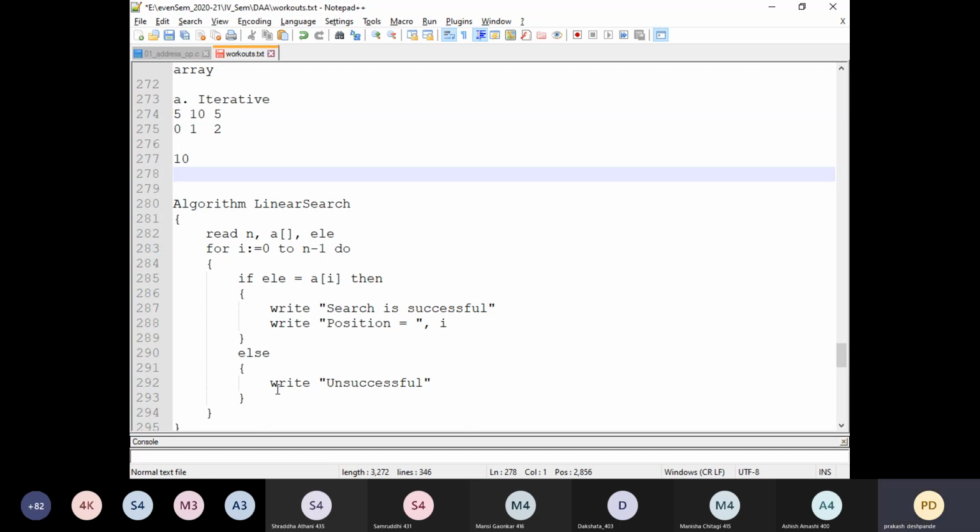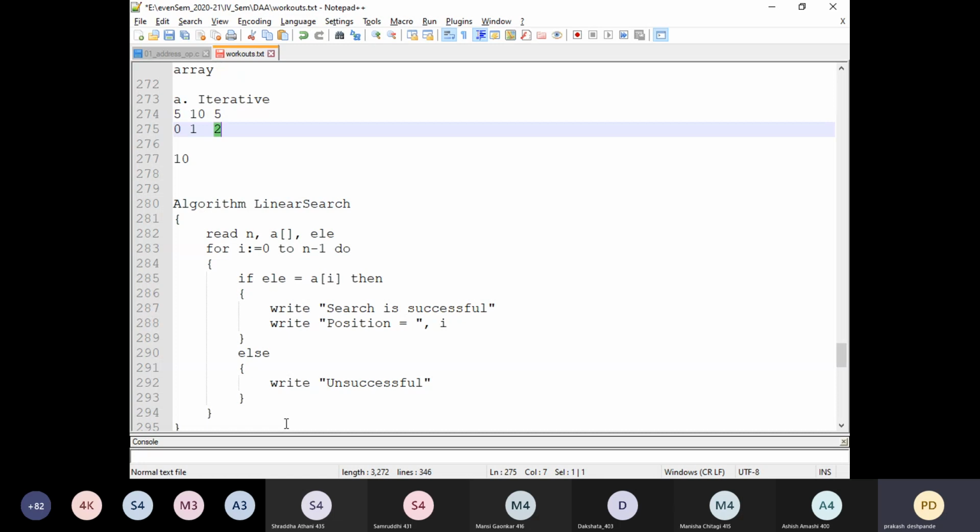Then again the loop will continue. It will move on to index value 1, and that time it will check the element at index 1, which is 10, and 10 equals 10. That is true. Then it will say search is successful and position 1 will be displayed. Then it will go on to the next iteration. In the next iteration, index 2 will be checked, and at index 2 the element is 15. So 10 equals 15, the condition again becomes false, then it will display unsuccessful.